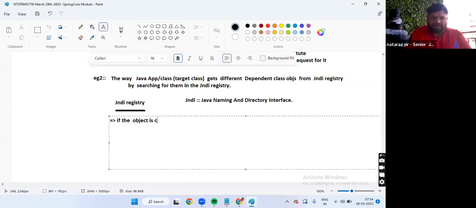Can I give a few comments on it? If the object is created inside the method, then the object scope is method scope.